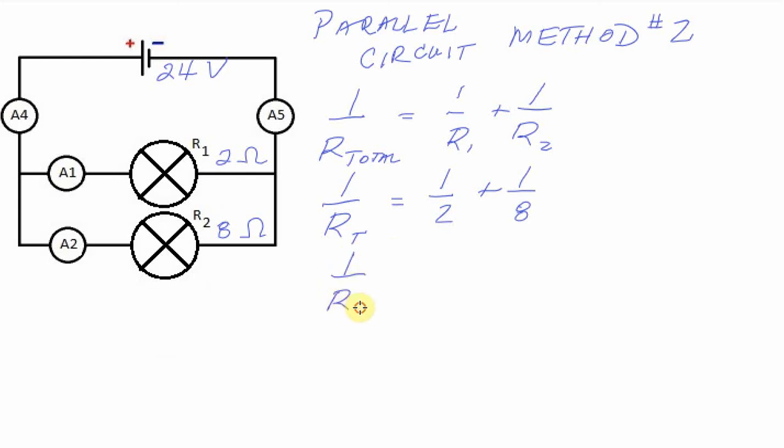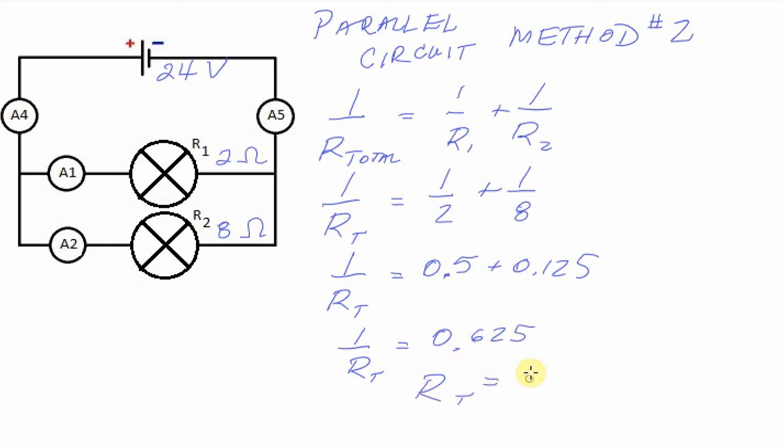So 1 over R total is equal to, if I use a calculator and divide 1 divided by 2, that gives me 0.5. And 1 divided by 8 is 0.125. 1 over RT then equals, if I add these, 0.625. That's what 1 over RT is equal to. If I take my calculator and I go 1 over this, that will actually give me the value of RT. And when you do that, it comes out to